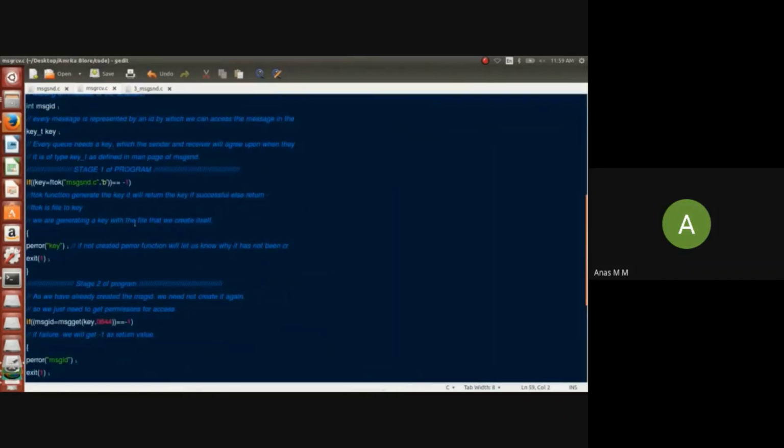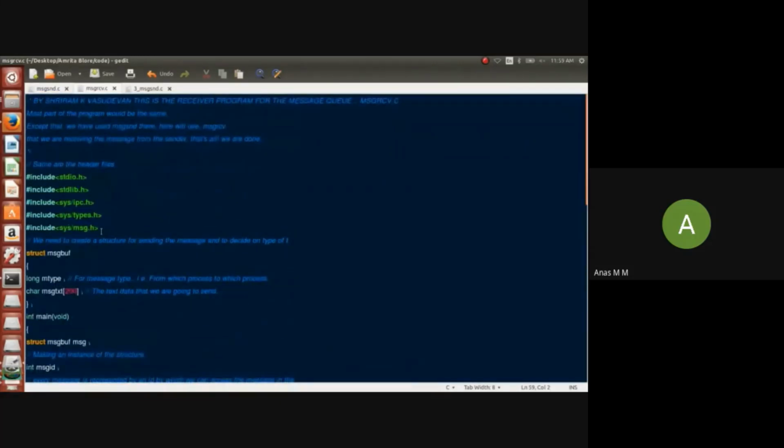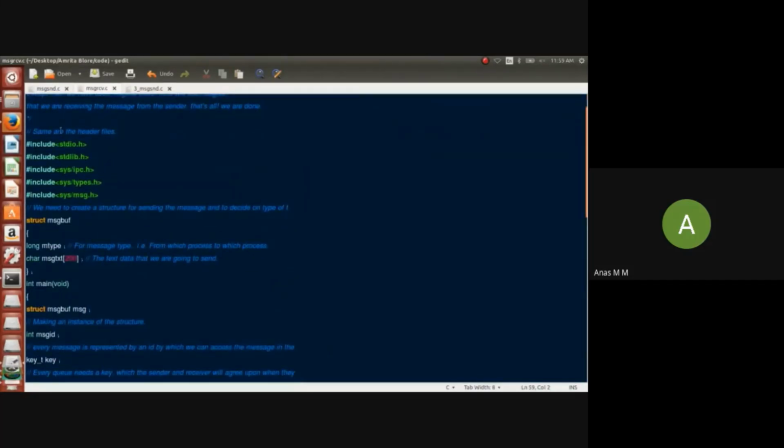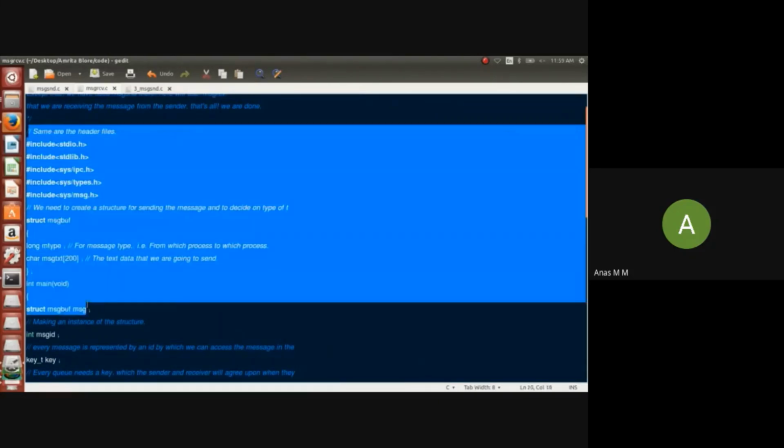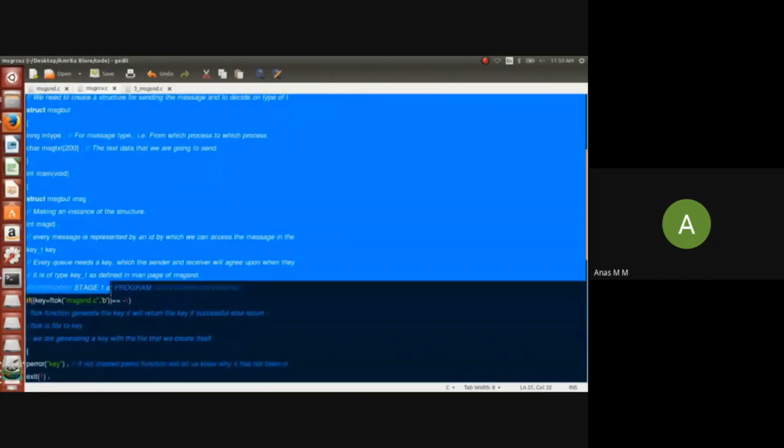The code is different now. You can see that here. The receiving part is very, very simple. Now I've got the same code. There is no change. Up to this is the same. I'm scrolling. Just follow the same. I have made no change.